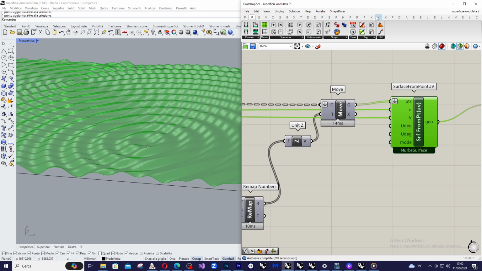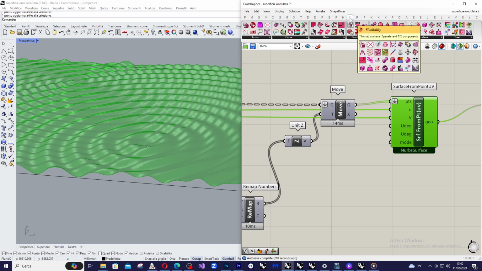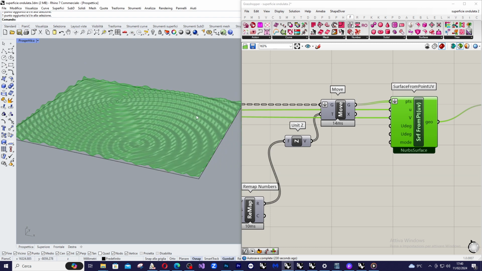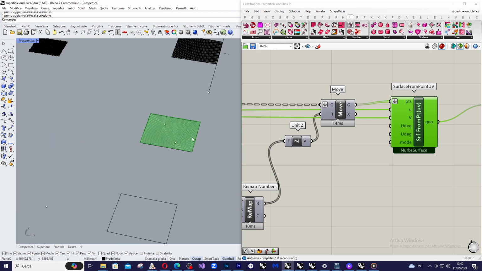And then we are going to apply a Kangaroo component. Kangaroo is a plugin for Grasshopper that is stored here, and basically you can download it for free from Food4Rhino. And so this is the final result,